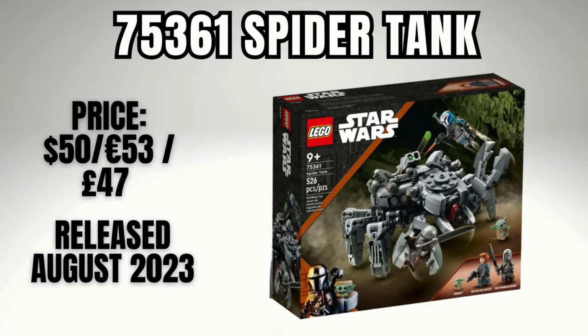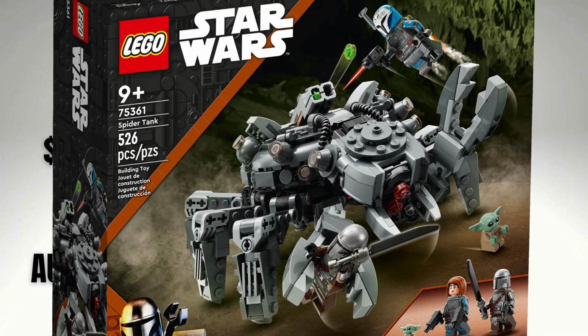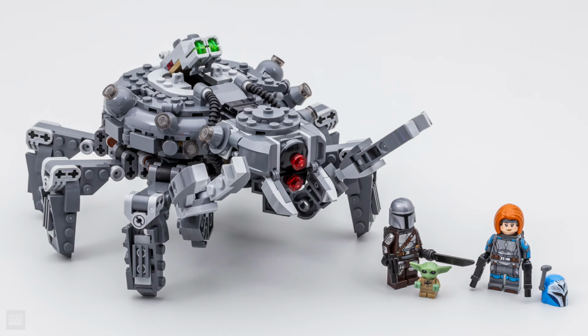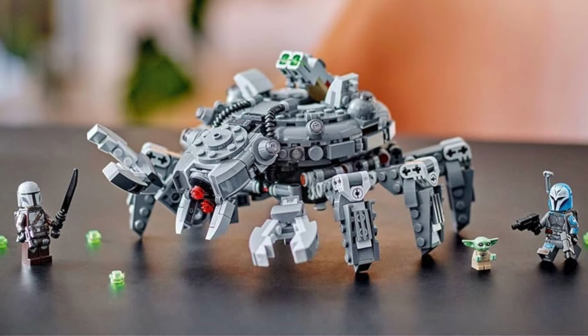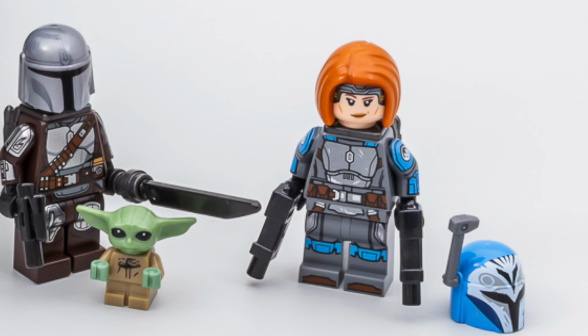On to 4th place now, we have the Star Wars Spider Tank. I think this LEGO set will be a very good investment once it does retire, because Star Wars sets tend to perform very well after retirement, especially unique vehicles and builds, and especially those that have good minifigures and unique minifigures in those sets. And make no mistake, the Bo-Katan minifigure that is in this LEGO set is an absolute